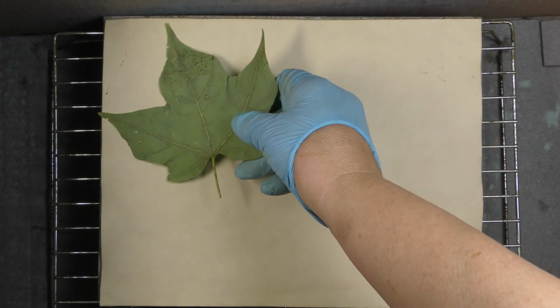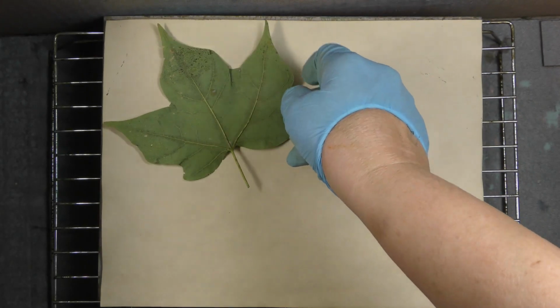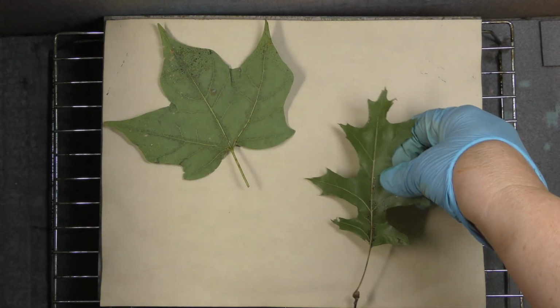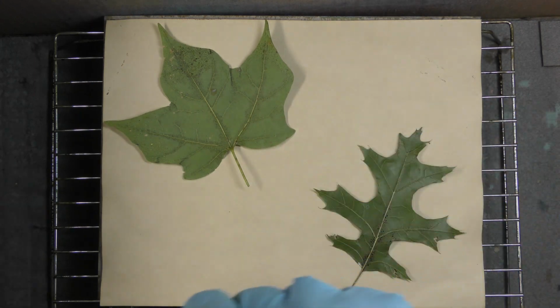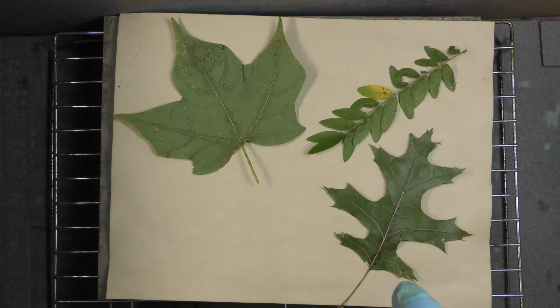Okay, so the next step is leaves. I just went outside and got some tree things here. I had a lot of oaks and maples in my neighborhood. So what you do is you lay it face down on the paper, and I think this one I'm just going to do lots of different textures. I've been sticking to all maple on one page and that kind of thing, so I think I'm gonna,